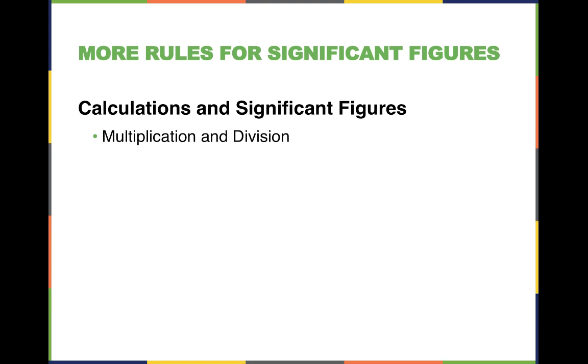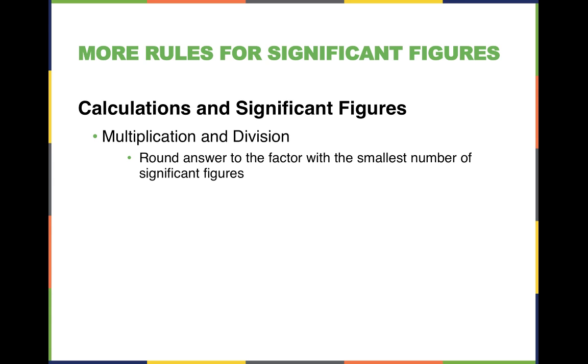So for multiplication and division, the rule is as follows. You round the answer. That means you re-express the answer to the factor with the smallest number of significant figures. So in your measurements, whichever one has the least precision and thus the smallest number of significant figures, the answer is controlled by that factor. And so whichever one that is, the answer is going to have the same number of significant figures as that measurement. For addition and subtraction,